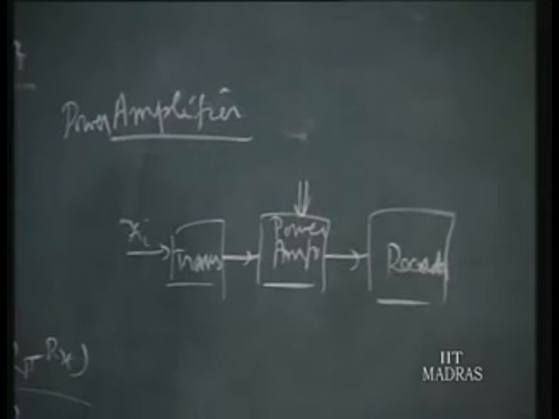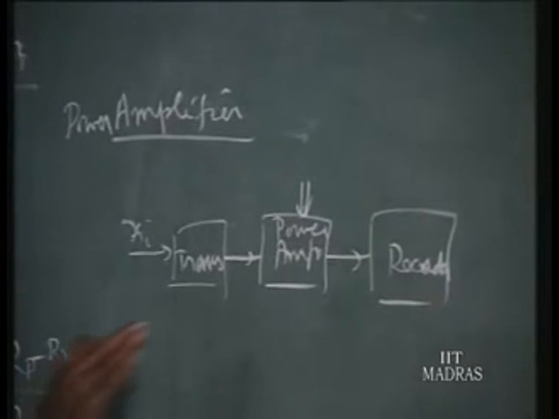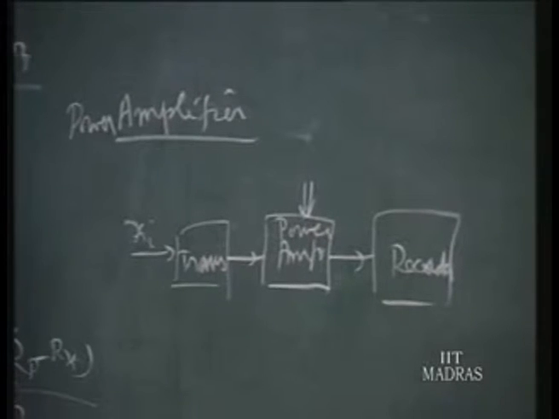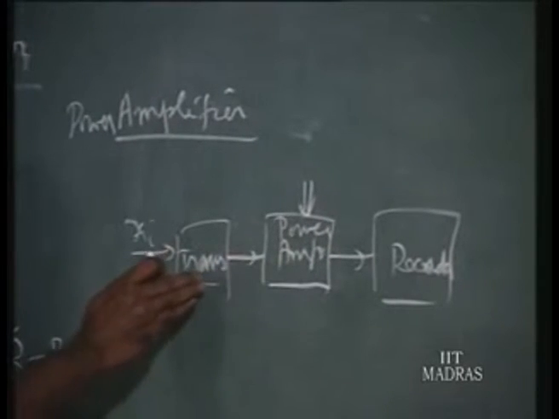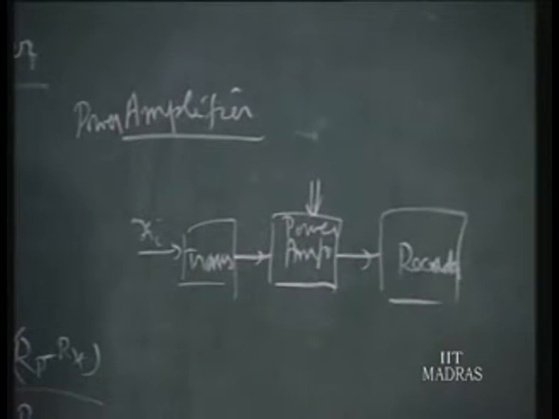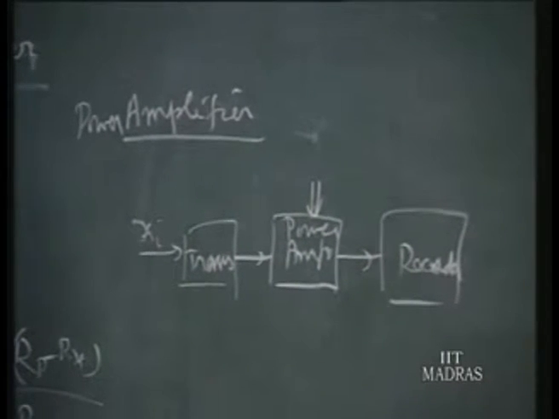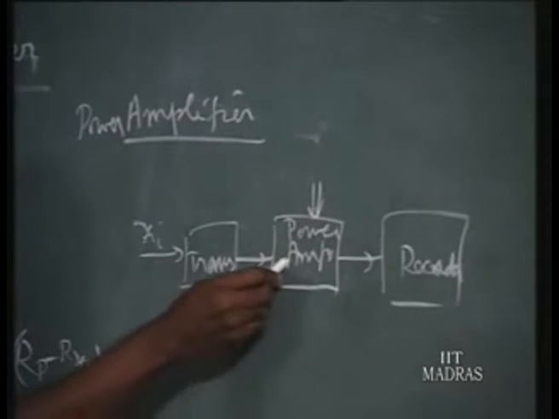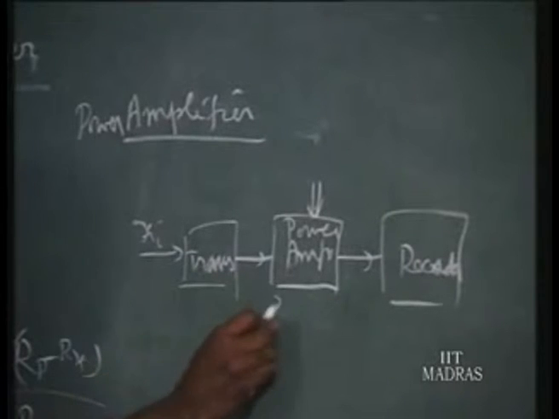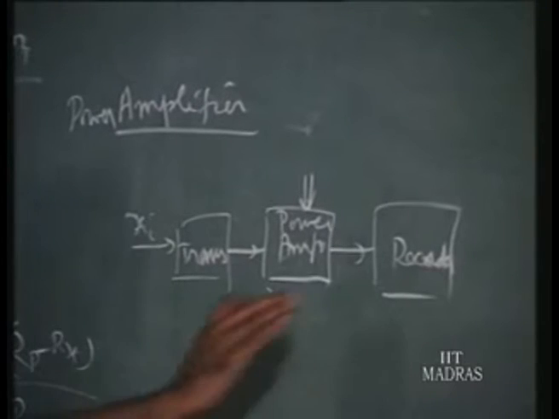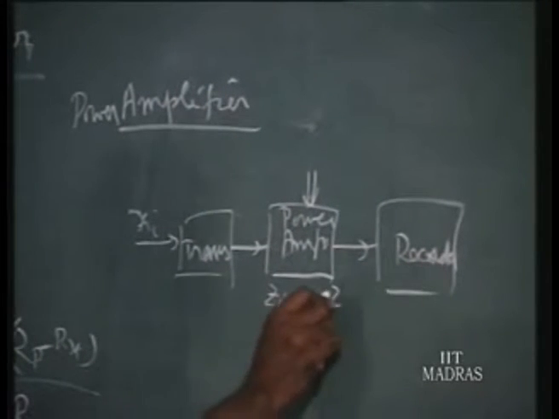They consider this is instrumentation. Now we find that the power amplifier has to be matched on both sides. Before the power amplifier you have one unit, and after the power amplifier you have another unit. So this is an instance where it should possess two important characteristics. When looked at from the transducer, it should possess a certain Zi. And when seen from the recorder, it should possess a certain ZO.